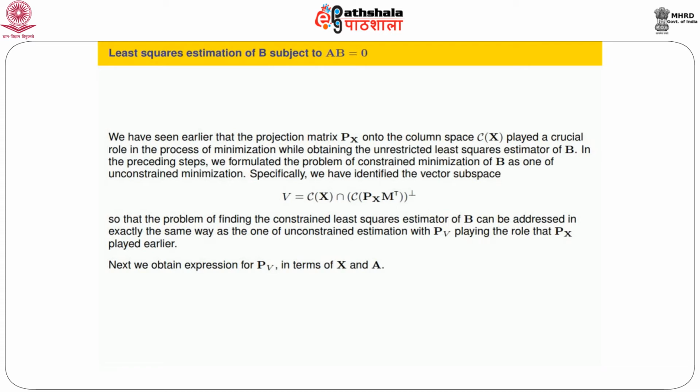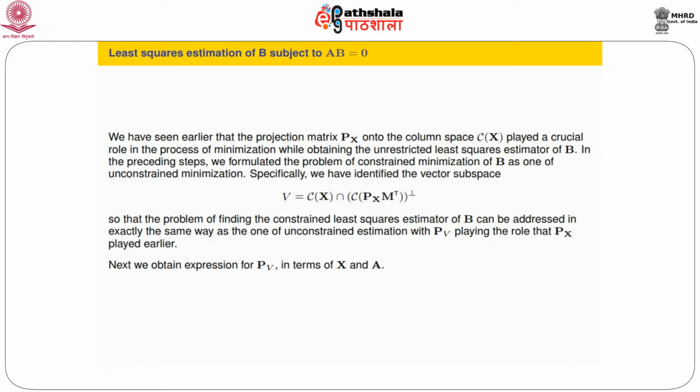Why is A transpose equal to X transpose M transpose? We know that. Why is this equal to 0? Because of this restriction: M transpose U is orthogonal to the column space of X. So this being equal to 0 implies U is equal to 0. This last equality, U equal to 0, is a consequence of the fact that A is of full row rank. So this shows C also is of full column rank.